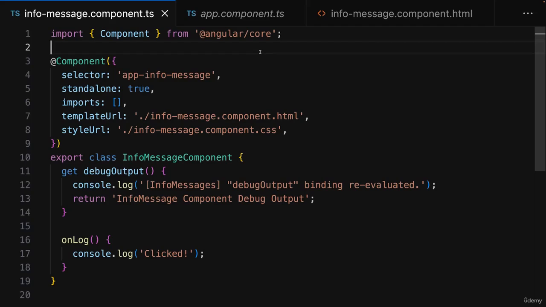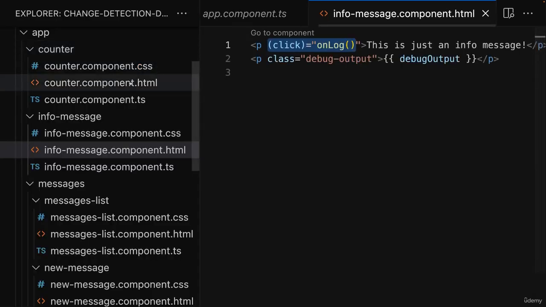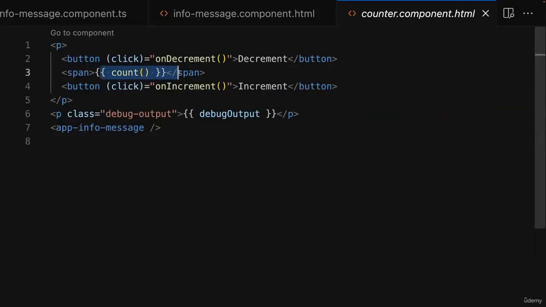So how should you write your code now that you know that Angular's change detection runs a lot? Well, as I mentioned before, you should, for example, not put expensive calculations into your templates. The expressions that you use in your template bindings should be simple and straightforward. You should, for example, avoid calling functions there. Event bindings and signal reads are the exceptions, but you should avoid calling other functions here in string interpolations, for